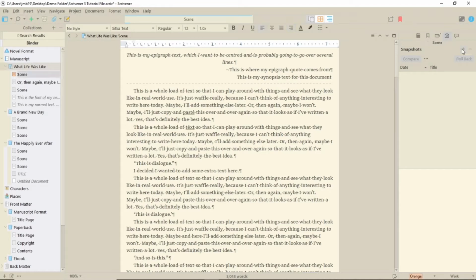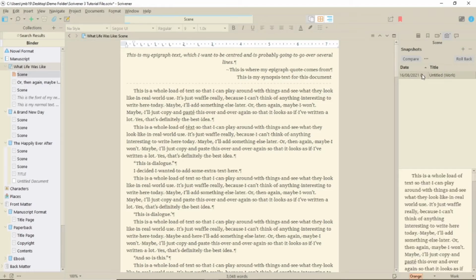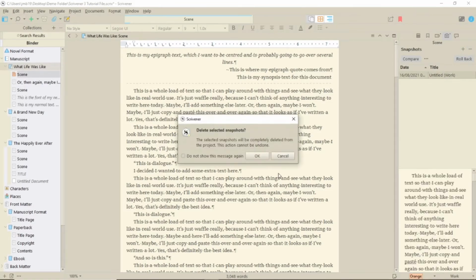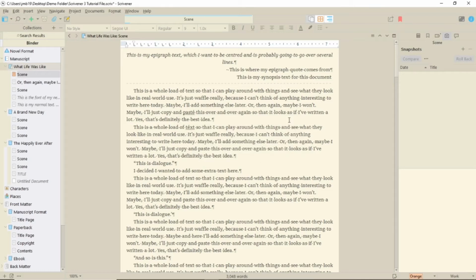To take the snapshot, just use the plus button, and to delete one, the minus. If no snapshot appears, your cursor is probably not in the text. You'll notice if you have the sound on your computer that a camera sound accompanies the snapshot.